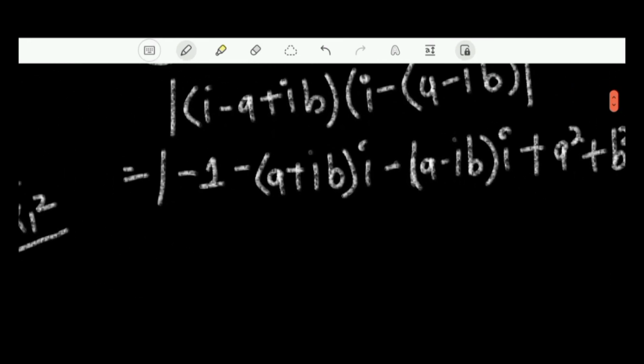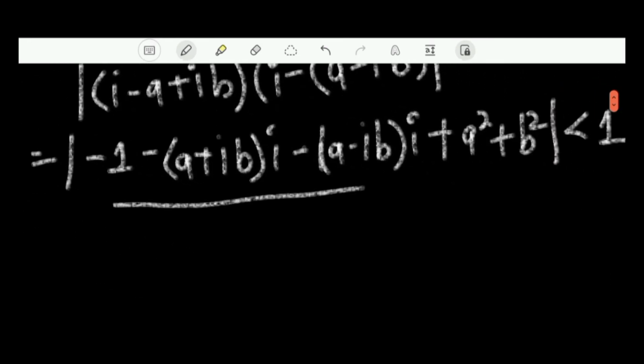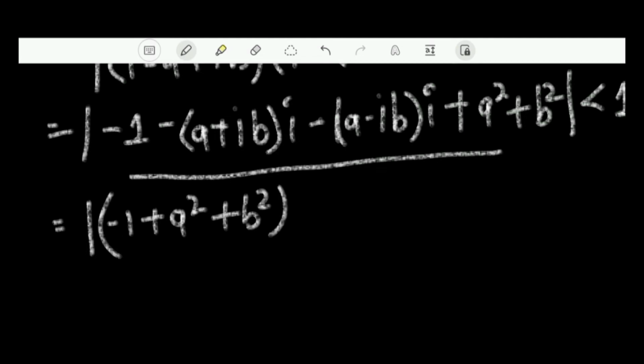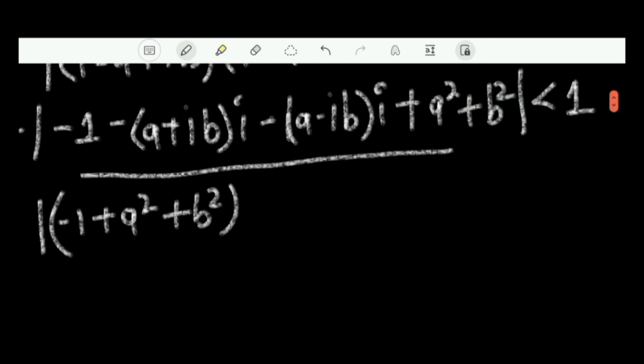Now I'm going to rewrite this expression, and we can write it like minus 1 plus a square plus b square, and we can take i common, and say minus i multiplied by a plus ib plus a minus ib